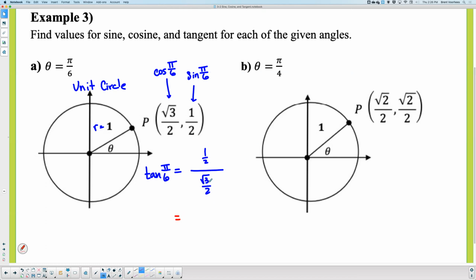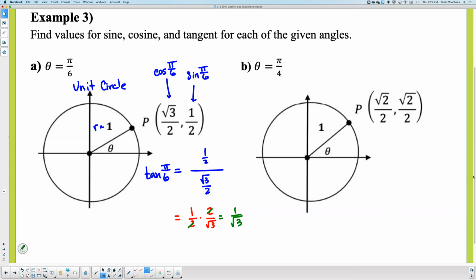If you remember a fraction divided by a fraction, another way of doing that is to take the numerator and multiply by the reciprocal of the denominator. So what I have here is equal to this. I took the numerator, left it alone, but instead of dividing by the denominator, I'm going to multiply by the reciprocal. What can I do with the 2's? Cancel. So I have 1 over